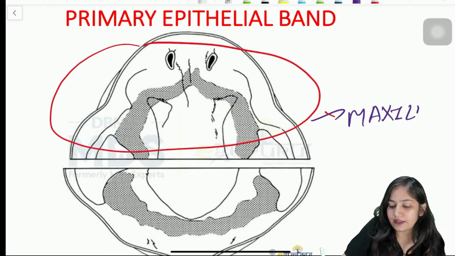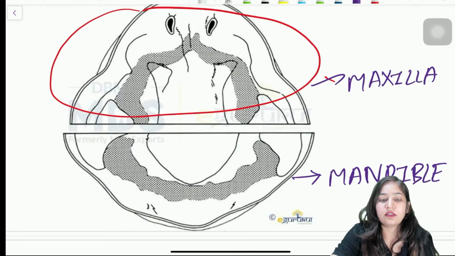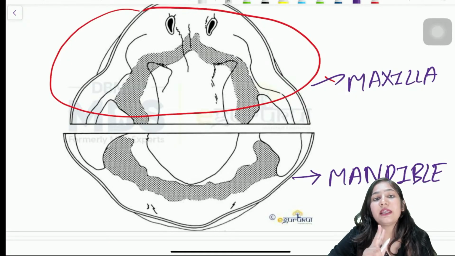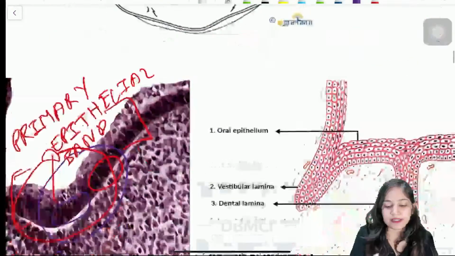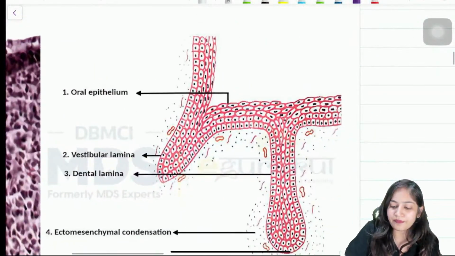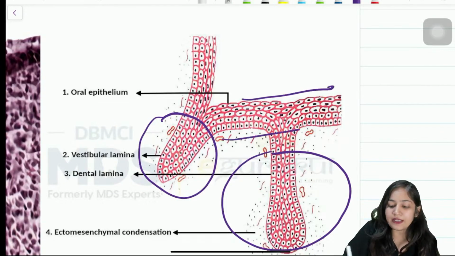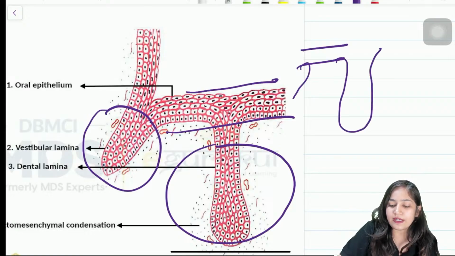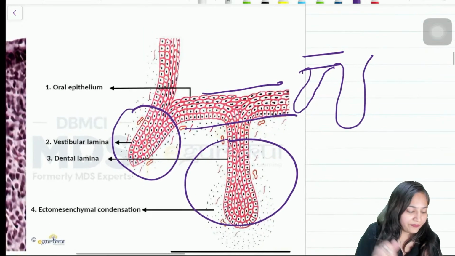Maxilla and mandible. Right? Now, this primary epithelial band has mainly 2 extensions. At about the 7th week, it divides into 2 extensions. Here we can see in this diagram, this is one extension, this is the second extension of this epithelial band. By the proliferation of the cells, we can see the extensions, right? So, we have here 2 extensions. One extension